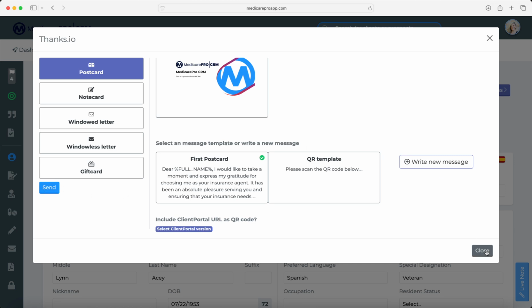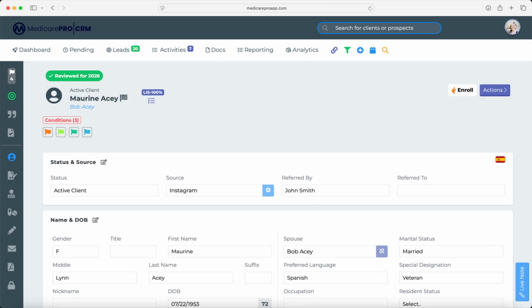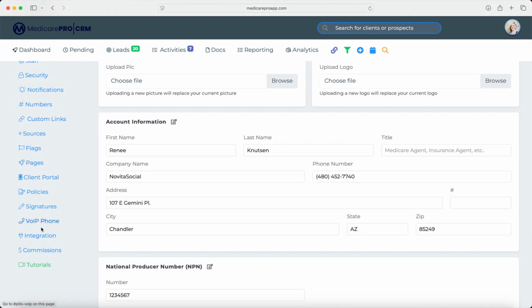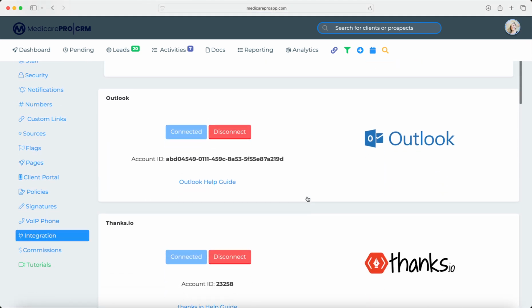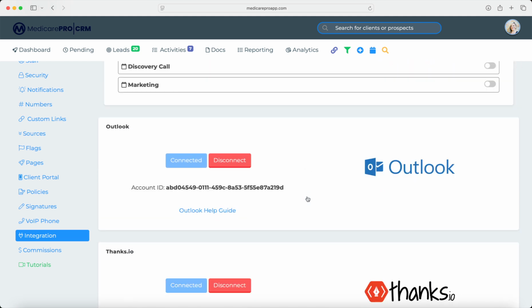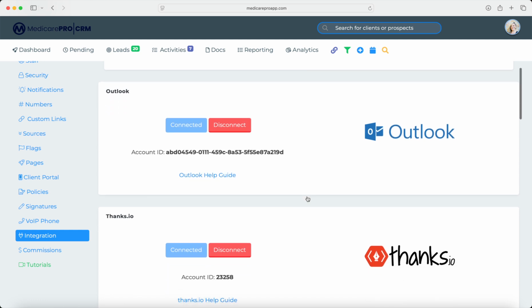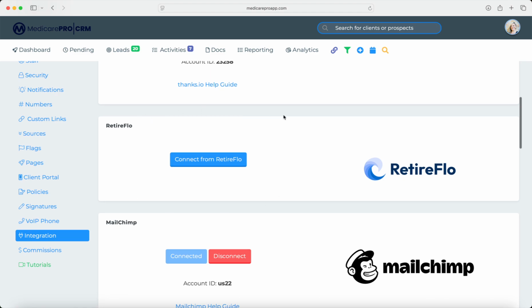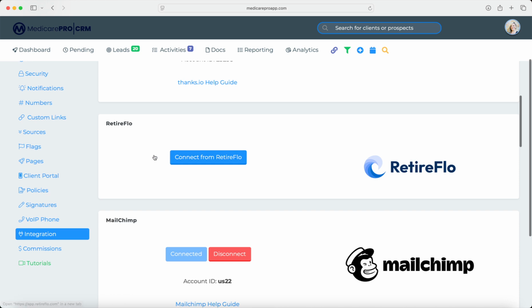So this is a really cool integration. I know their price point is really good, and it works wonderfully with the CRM. So an easy way to send out, maybe referral gift cards or postcards or anything like that to stay connected with your clients. RetireFlow. So the CRM has recently integrated with RetireFlow, and this allows you to use their system